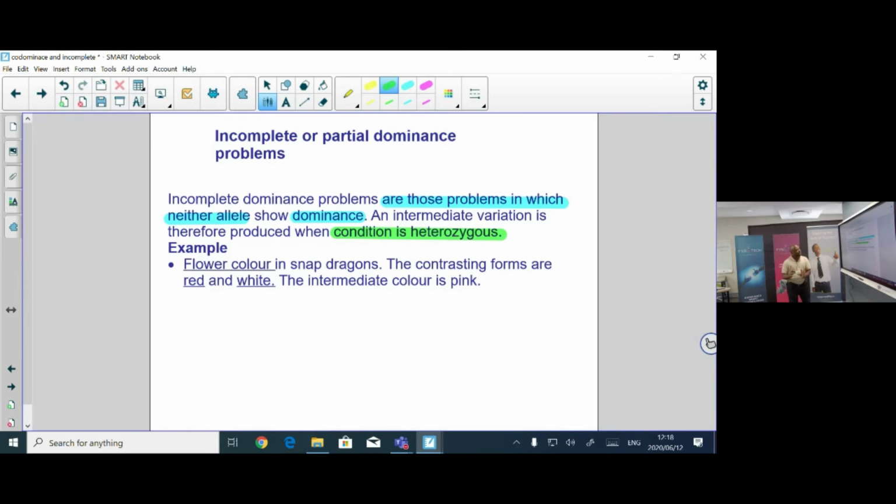But for now, let's take it stage by stage. In incomplete dominance, the offspring is intermediate when the genetic makeup is heterozygous. Remember, I emphasized you don't need to cram these words. You know what a heterozygous, a hybrid, is. Both alleles are present. We get heterozygous, which means in this scenario,